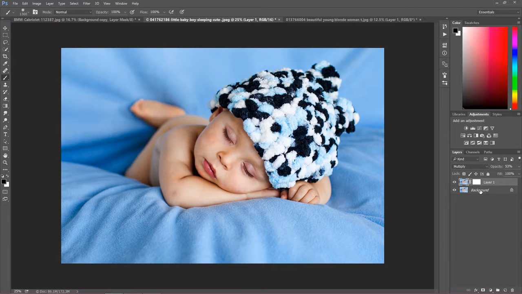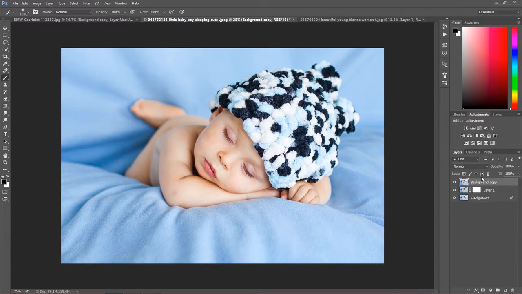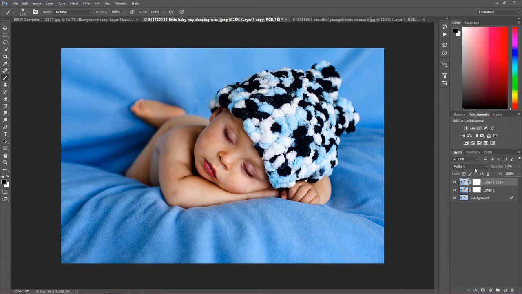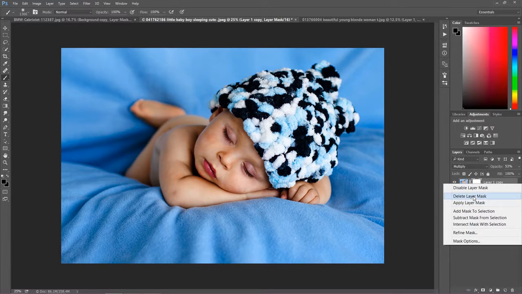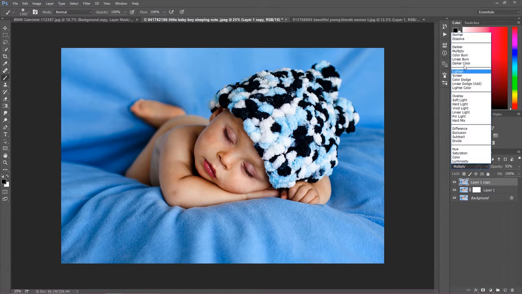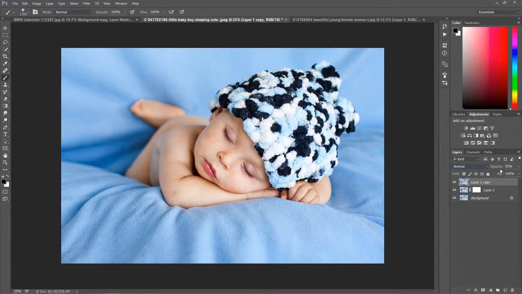And of course, later on, I'm going to duplicate this once again as I wasn't changing anything. I'm going to bring this up, not like this. I'm going to duplicate this one. And for this one, I'm going to remove this layer mask now. Delete layer mask, it's multiply, I'm going back to normal. And if I want to bring up some contrast now, I'm going to set up soft light,